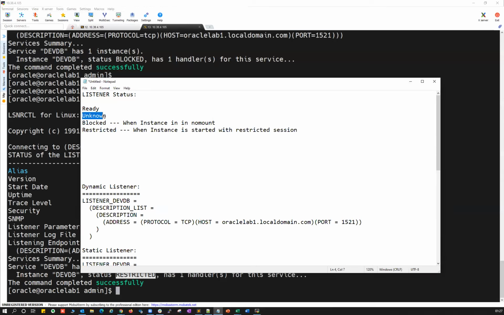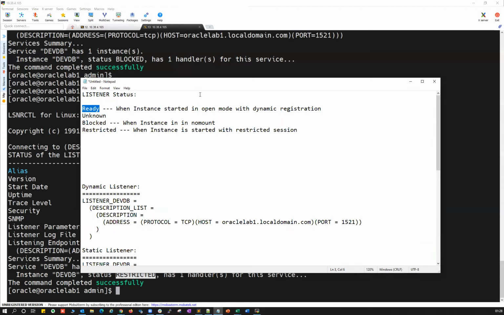And now we'll go back. We'll see when you are ready or in unknown state. Typically the ready state is when the instance is started in open mode with dynamic registration. So when your instance is started in open mode with dynamic registration, you typically see the ready state.